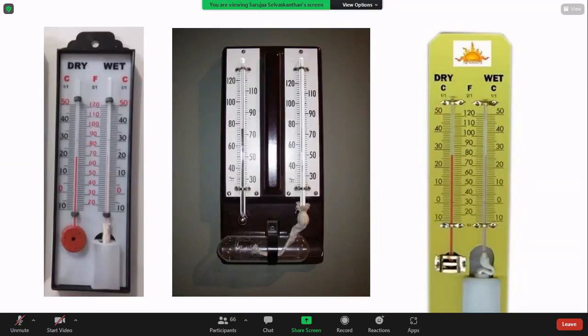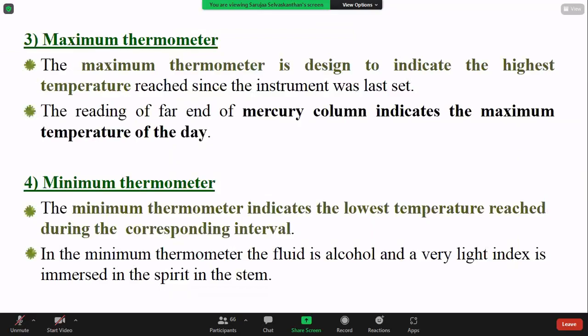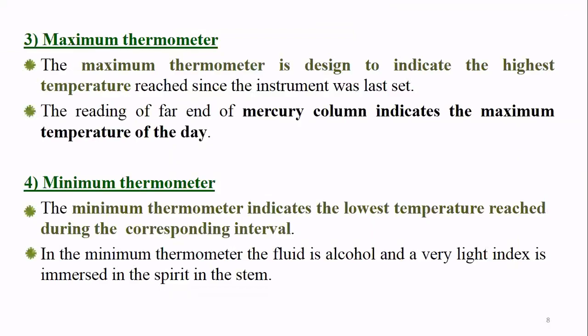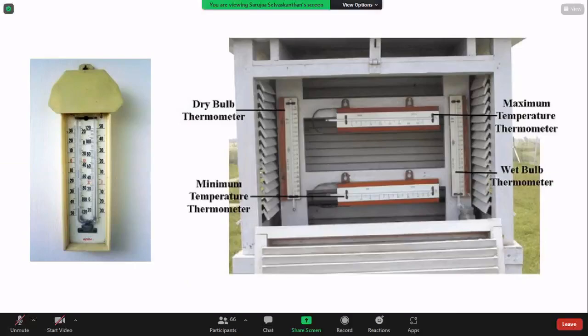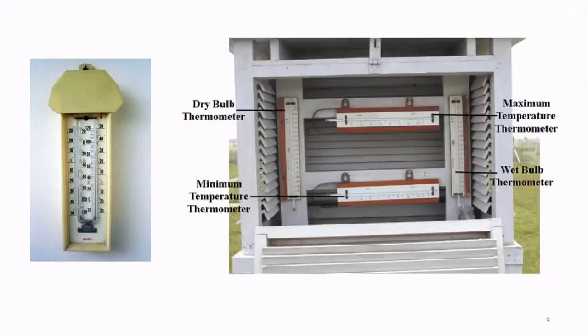Like that, there will be a question. Then the maximum thermometer gives the maximum reading of an area after insolation, and the minimum thermometer is the same. Then it's a combined picture which displays four types of thermometer: maximum, minimum, dry bulb, and wet bulb. You can be ready to identify those.